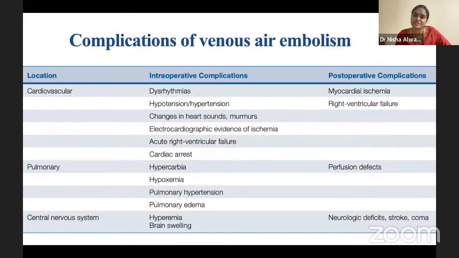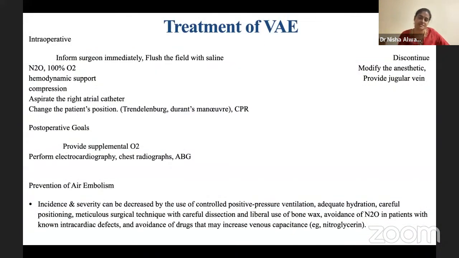A lot of complications in venous air embolism. The most common, what you immediately see intraoperatively in these patients, is the patient desaturates, has tachycardia, arrhythmias, and a fall in EtCO2, which is most significant if there's a fall of more than 3 millimeters of mercury. Then the patient has hypotension, which has to be quickly corrected with vasopressors as well as fluids and 100% oxygen, which I'll explain as it's treated. The most important in the management of venous air embolism is not just to be ready to treat it, but to anticipate the risky steps of the surgery so that it can be prevented.